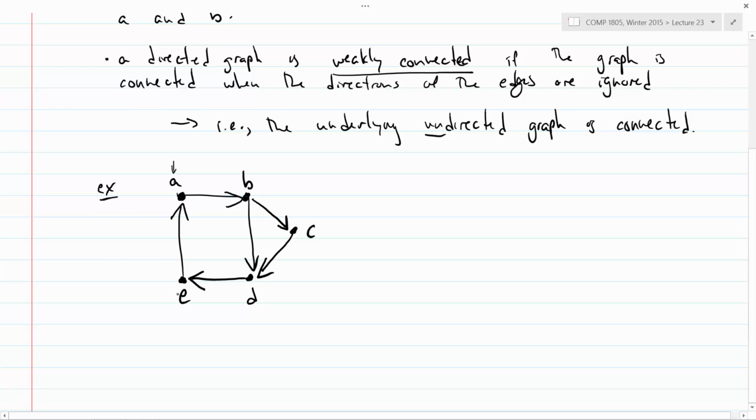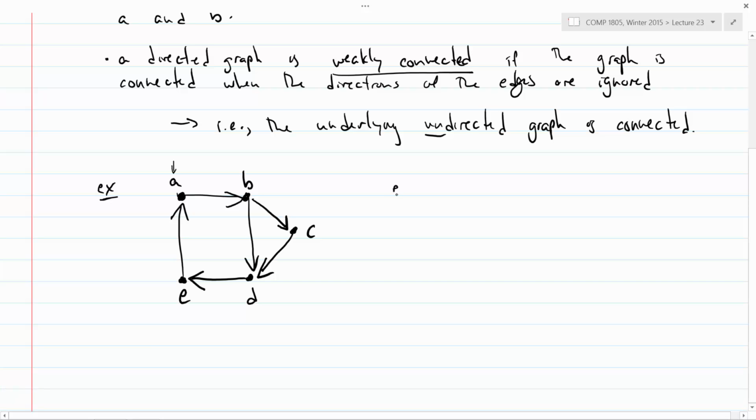But of course, that's not it. I also need to do that same check for the other ones. In this particular graph, it's not too hard to see that it's going to be strongly connected because it sort of has this kind of circular pattern happening. Yeah? In order for a graph to be strongly connected, do you have to be able to get from a node back to itself? Yeah, so any pair of nodes, which could include the case that you would want to get back to yourself.